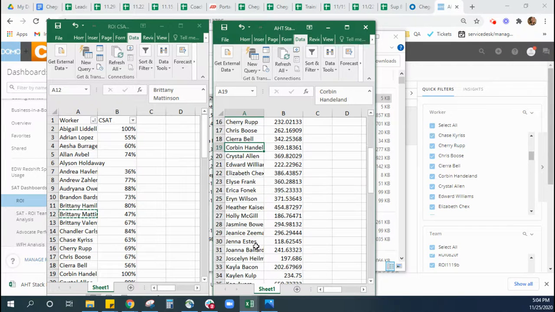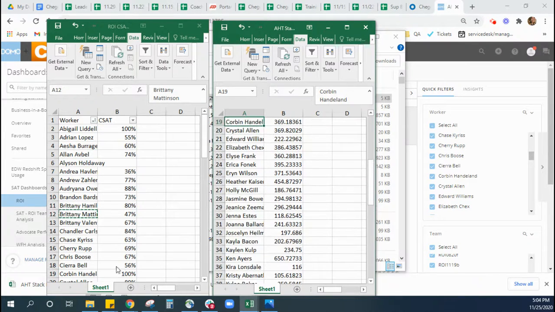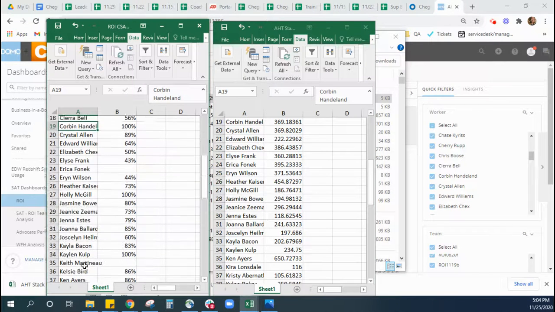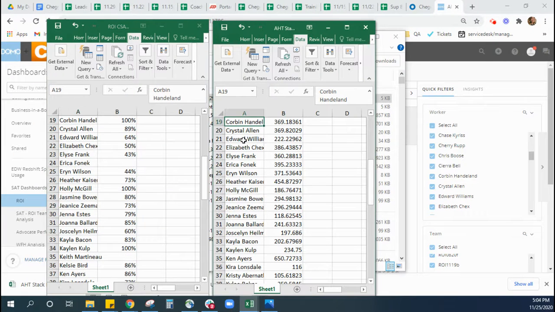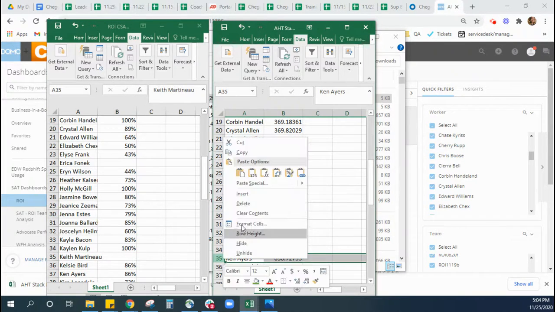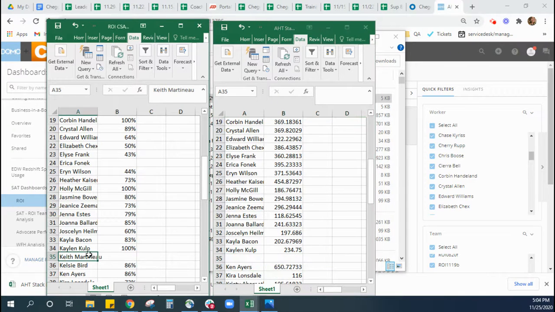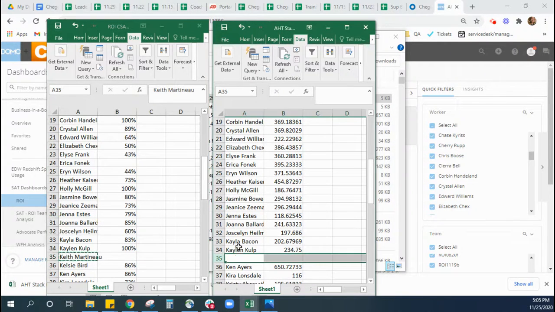So here, got to the bottom of my list. So I'm scrolling. And you just go through this whole entire process to find missing names and add them so that you have the same exact list of names in the same exact order. Okay, so Keith Martineau is on this chart, but not on this chart. So we are going to insert his name, give him a placeholder,